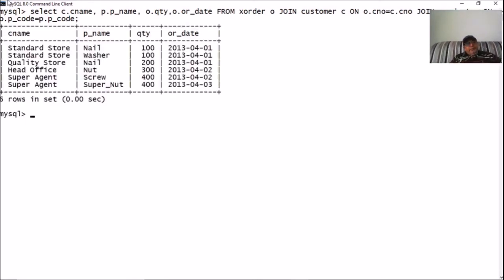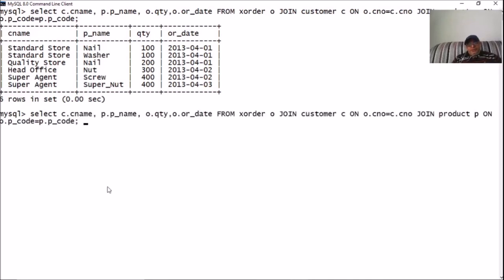We are getting C name, P name, quantity and order date. I don't want nail to appear here. I don't want to choose the product name nail. So I'm going to use the where clause with the join operation.